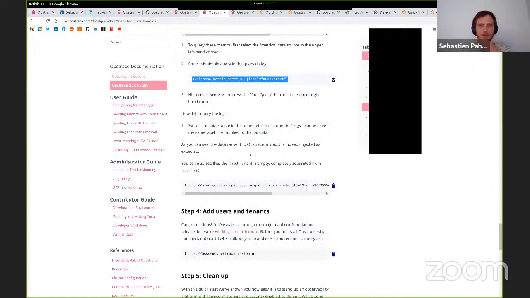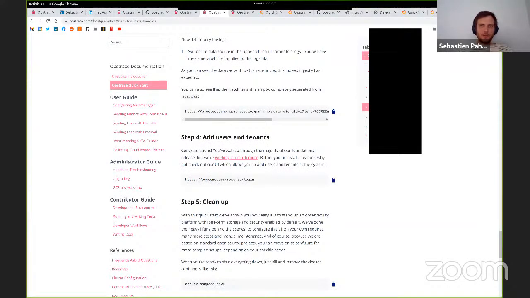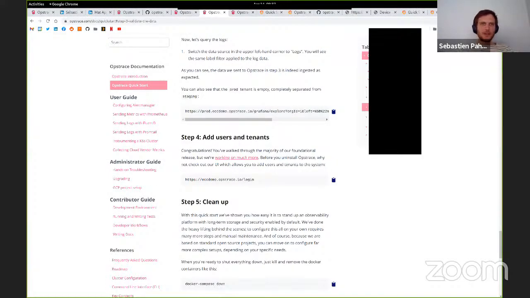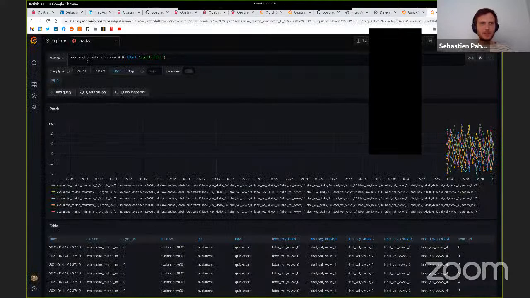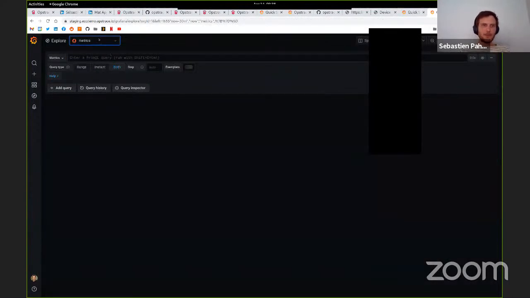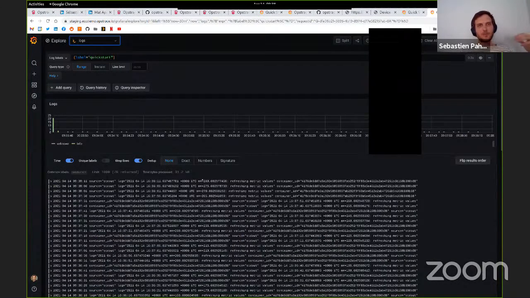I showed how to add a user. I want to move on to another part of the demo. So we have logs, which is an interesting part. So obviously this is not just metrics. This is also logs. This is a typical Loki / Cortex setup. So you can actually go from metrics to logs. These metrics have a label called Quickstart. If you go to logs, now Grafana allows you to switch to a logging view and see the logs that correspond to the same label.